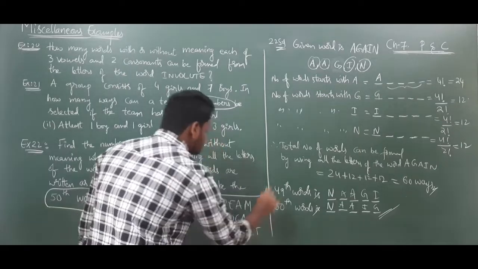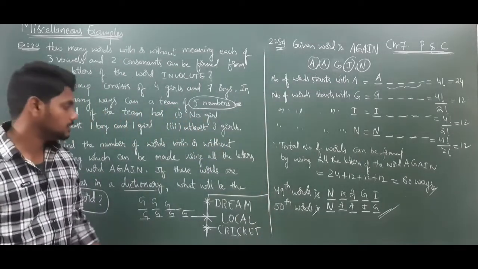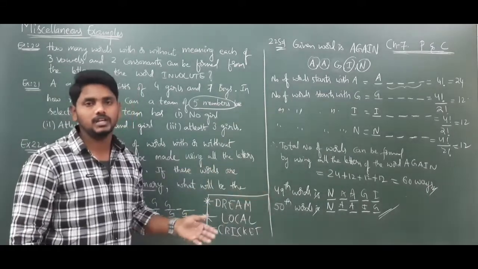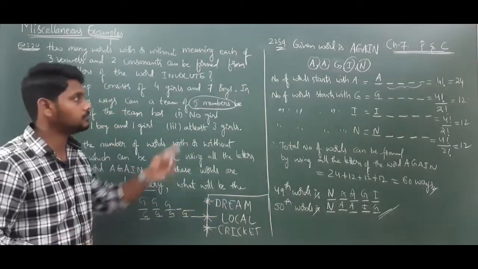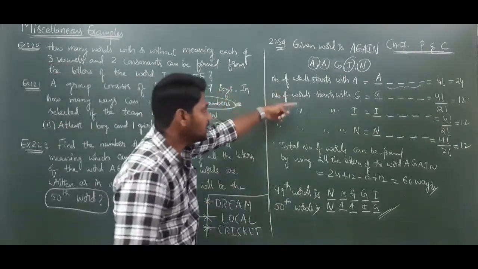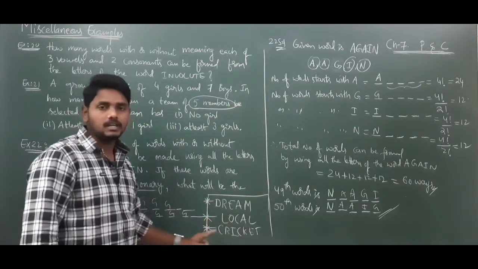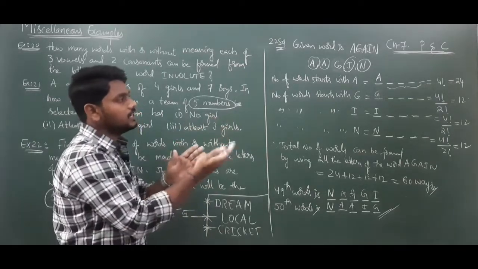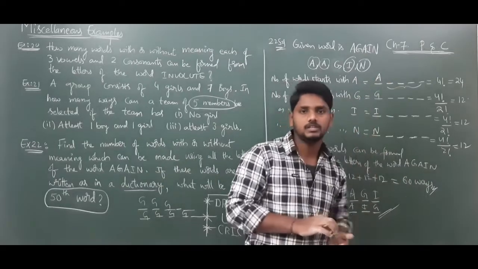While finding this, if you have any doubts, you can ask in WhatsApp. There is no need to find a particular word like the 50th word or 49th word. First, you learn how to find the number of words by considering alphabetical order in this manner. So find these 3: dream, local and cricket. Observe, if any repeated letters are there, we will write them in the denominator. Like this we need to solve.